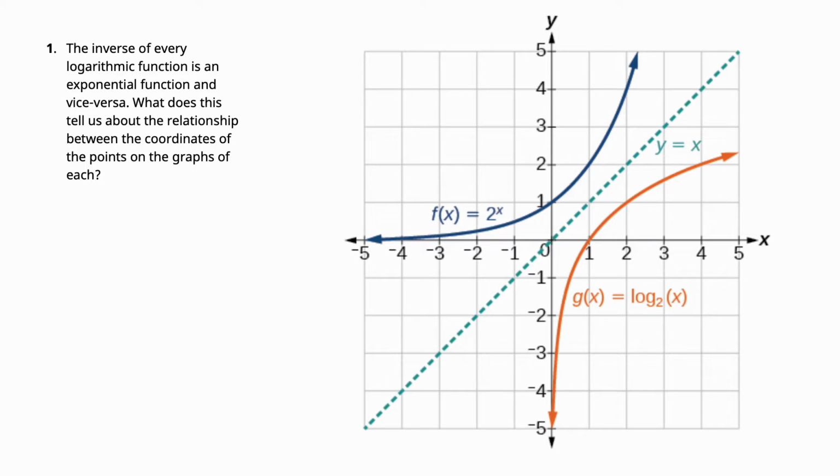Well, notice that the orange one is the logarithmic function log base 2, and the blue one is an exponential function base 2. And you can see that they mirror each other around the line y equals x, like all inverses are supposed to do. So what you can tell is that when the log has the point (1, 0),